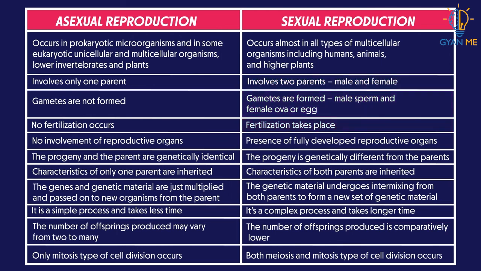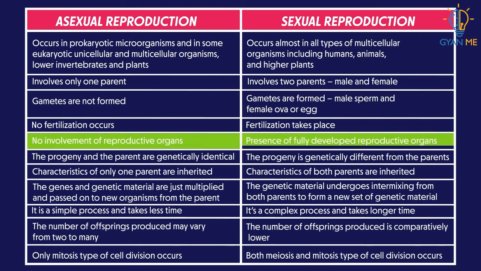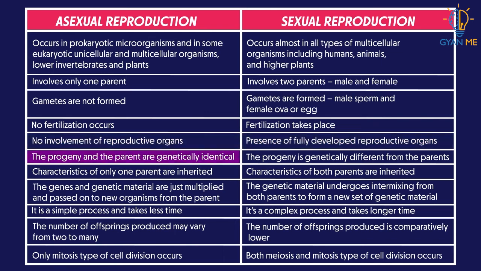In asexual reproduction, there is no involvement of reproductive organs, whereas for sexual reproduction, fully developed reproductive system has to be there. In asexual reproduction, the progeny or the new individual and parent are genetically identical to each other, while in sexual reproduction, progeny is genetically different from parents because of mixing of characters which are inherited from mother and father both. Comparatively, asexual reproduction is a simple process and takes less time, whereas sexual reproduction is a complex process